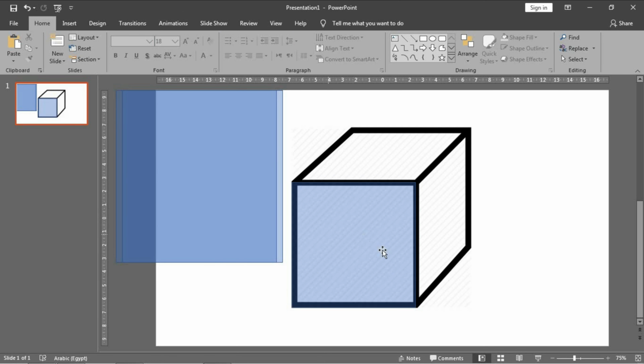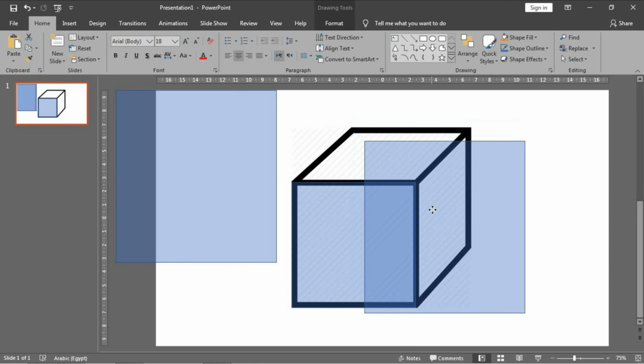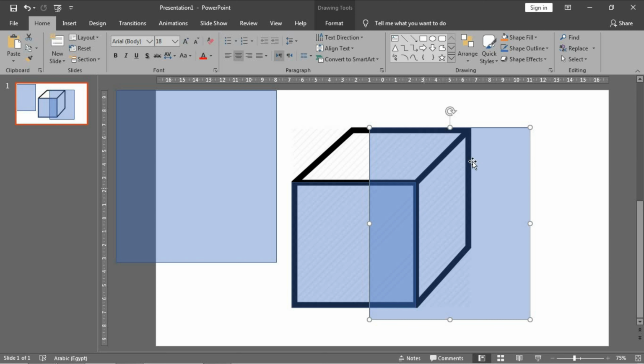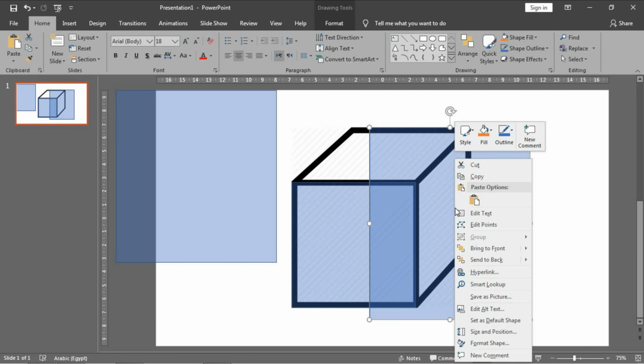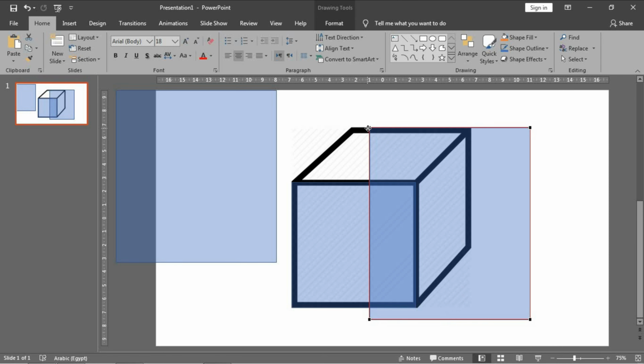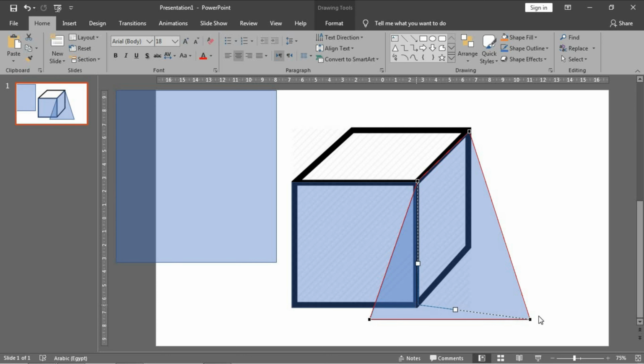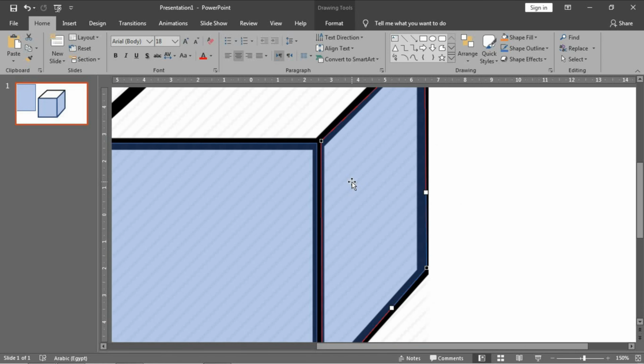This interface is very easy, but those ones need more work, as we will see now. To adjust this shape with this interface, you have to edit the points of this shape by right clicking and clicking on edit points. Then try to make the points nearer to each other to adjust them correctly, like this. Then zoom in